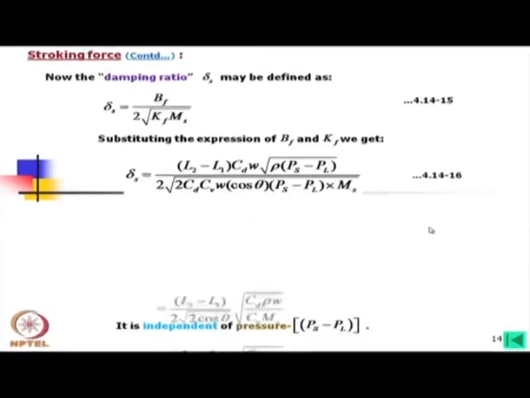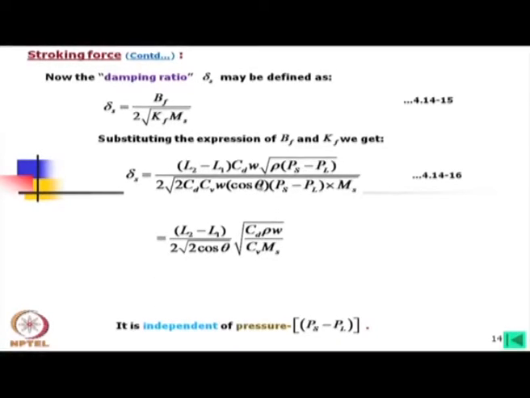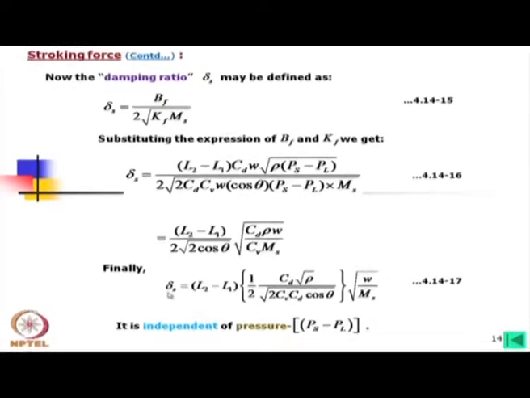Okay. That also can be calculated, because all data will be known, something we can measure and the rest of the part we can calculate. So, this will be reduced to this form, and finally, delta S is equal